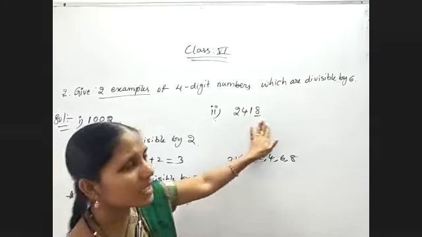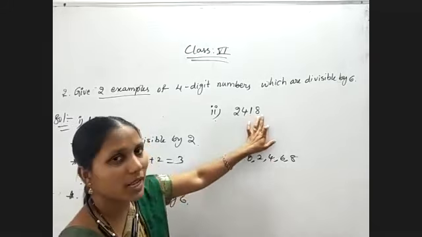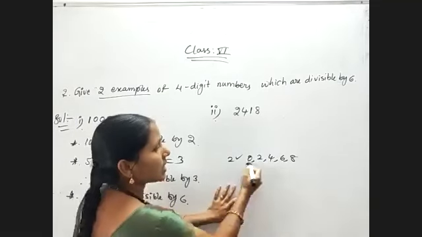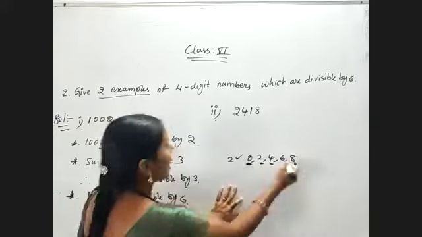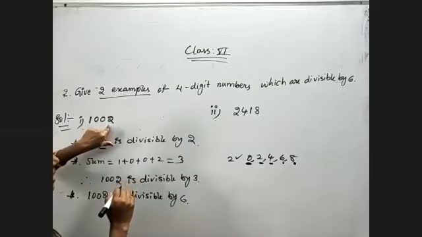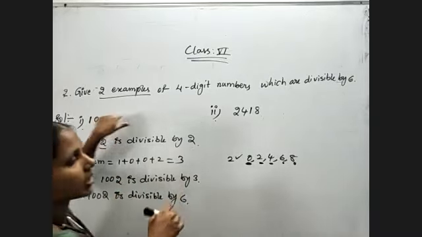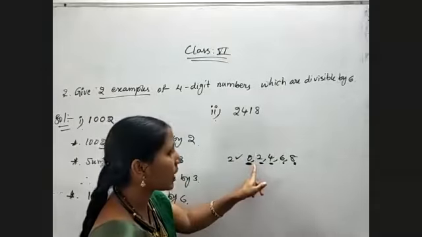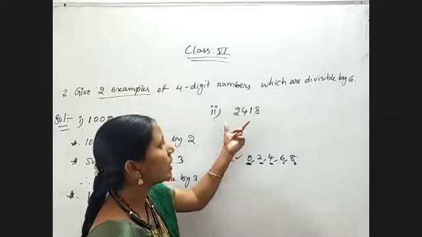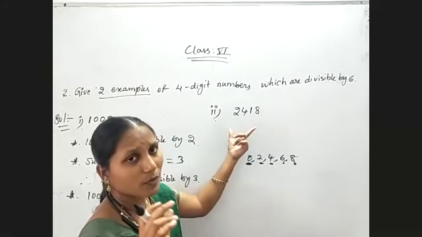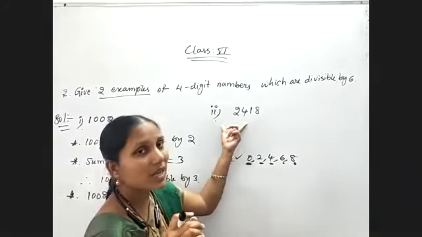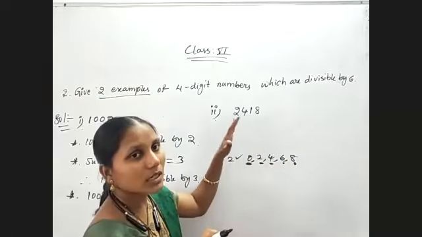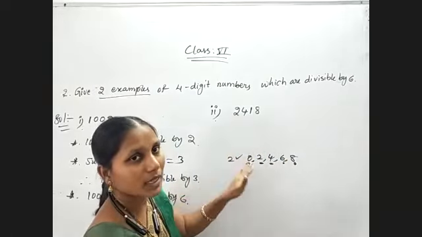So place the digits, only 4 digits, and in the unit place compulsory you must get 0, 2, 4, 6, 8. So in my first example, I took 2 as the unit digit. In my second example, I took 8 as the unit digit. So you can take any of the digits, and you need to form the number such that the sum must be divisible by 3. Then only you will get the number divisible by 2 and 3.